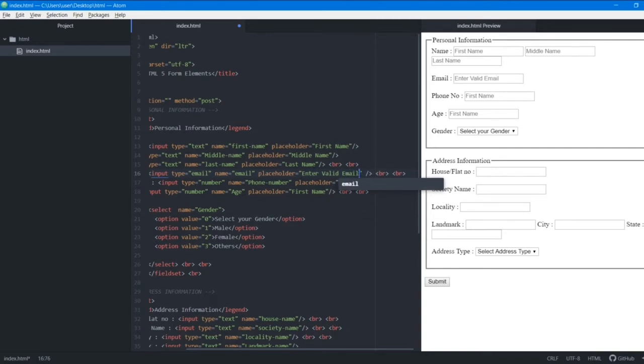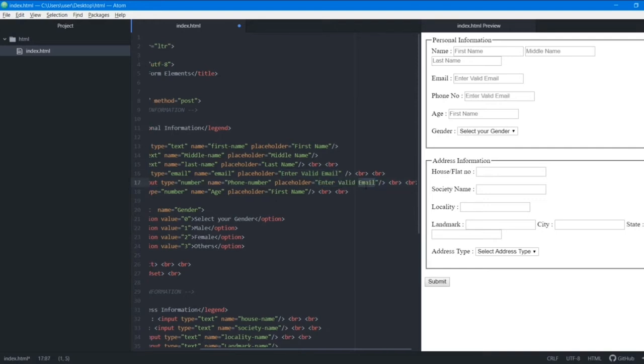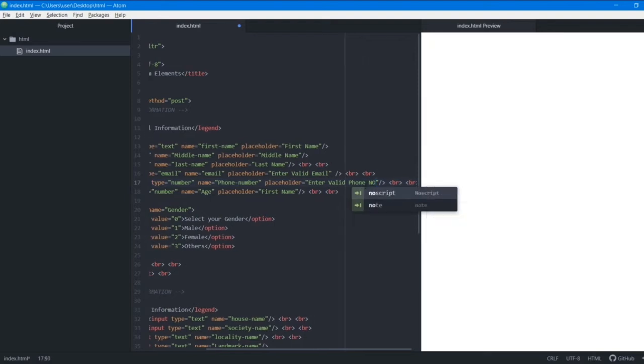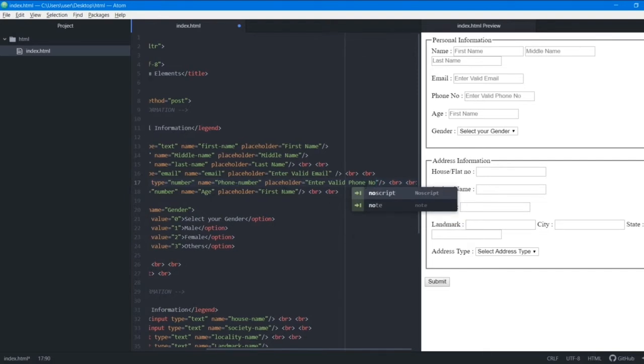Again, the same thing for the phone number, so I'll write enter valid phone number. And here I'll write enter valid age. And for the gender tag we don't need one, because you can already see select your gender here.